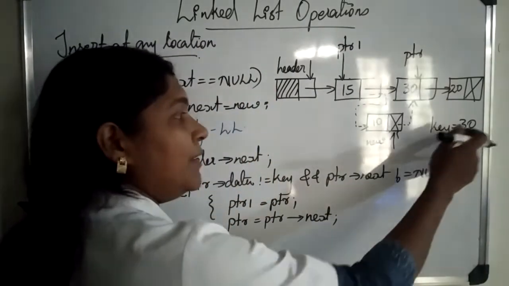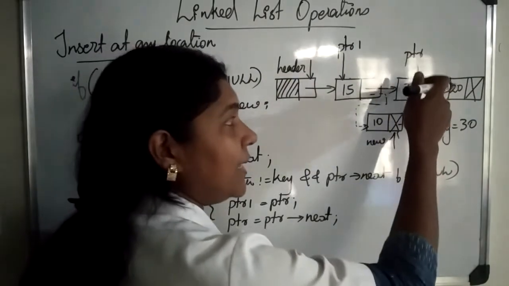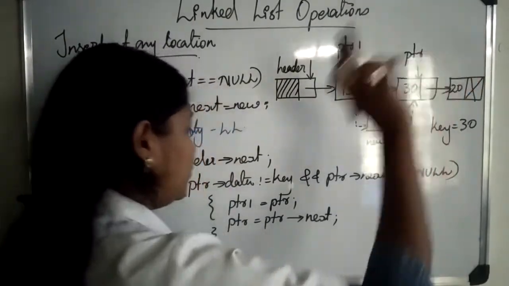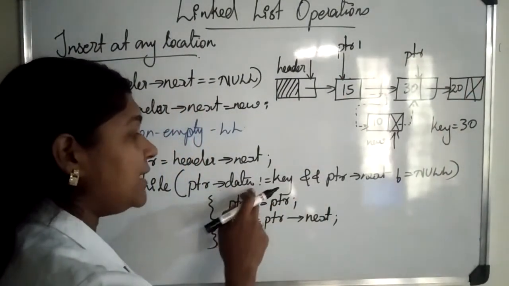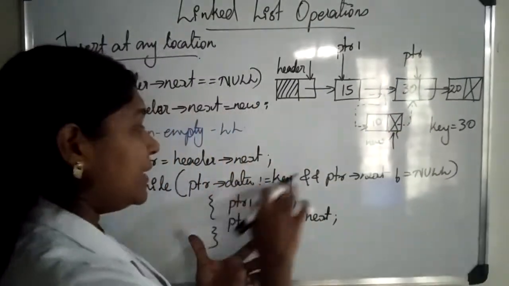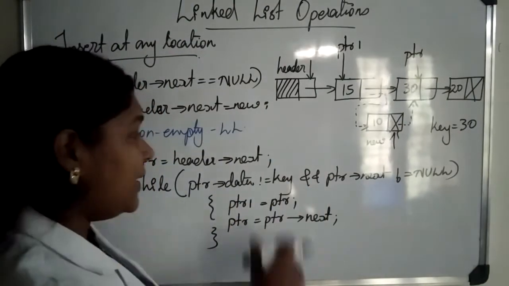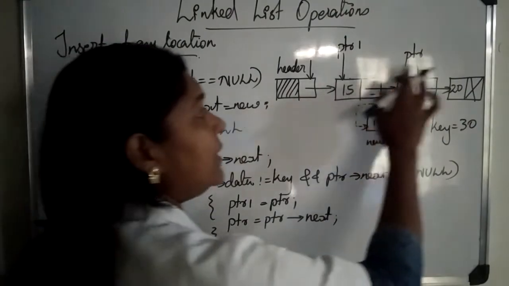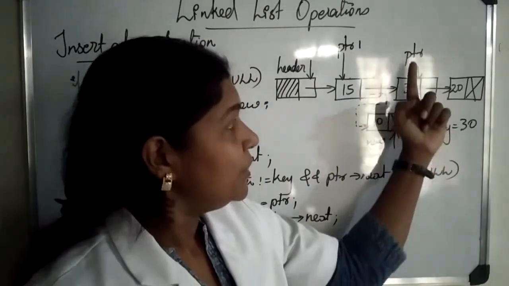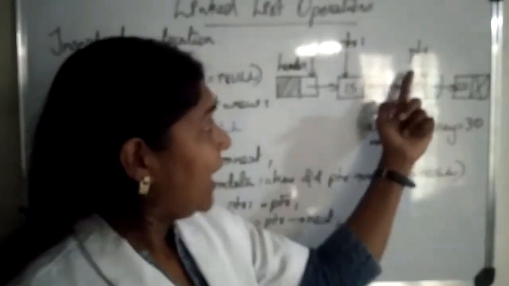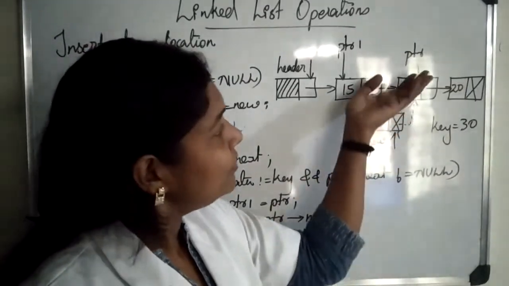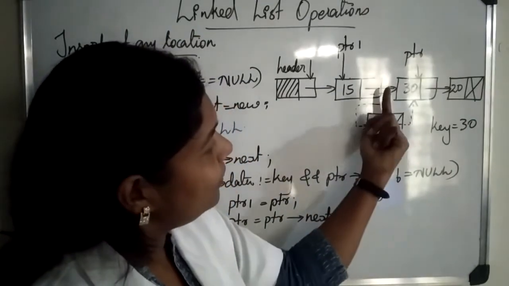Okay. So right now our key value is 30 and PTR is at this node which contains our key element. On reaching PTR at this node, again on checking the condition, PTR.data not equal to key, but here PTR.data is equal to key. So our condition returned a false value, then we'll come out of the loop. And once we are out of the loop, what is the status of our PTR and PTR1? Right now, PTR is pointing to the node which contains our key element and PTR1 is pointing at the previous node of PTR. Now you just think how can we insert our new node in between these two nodes?